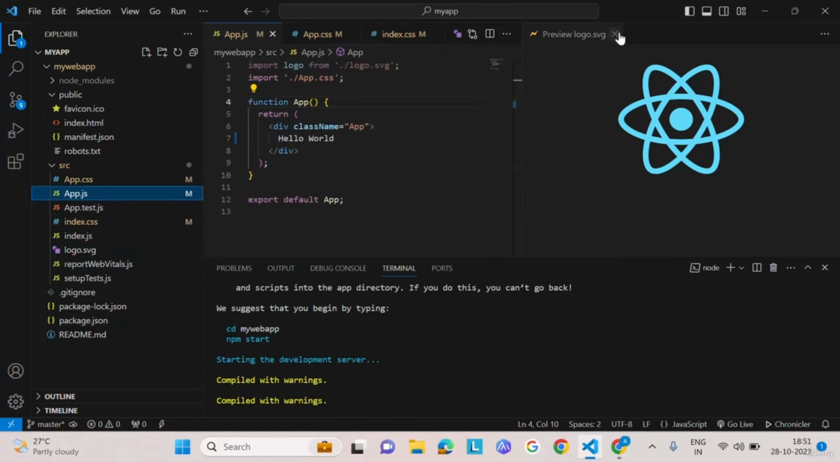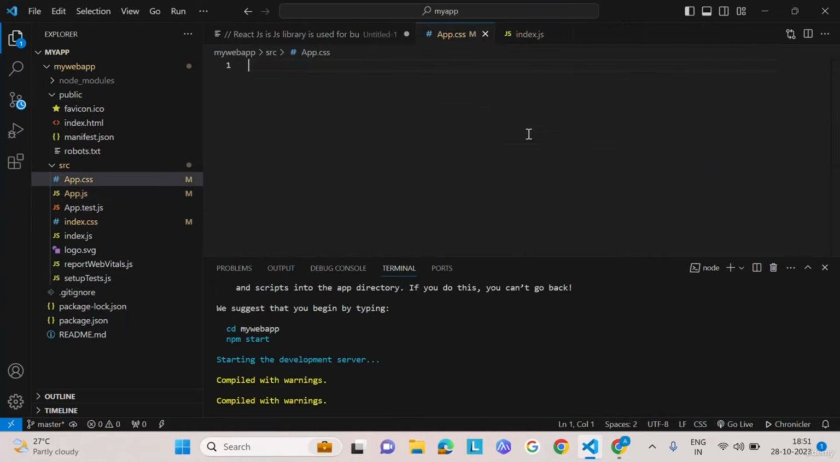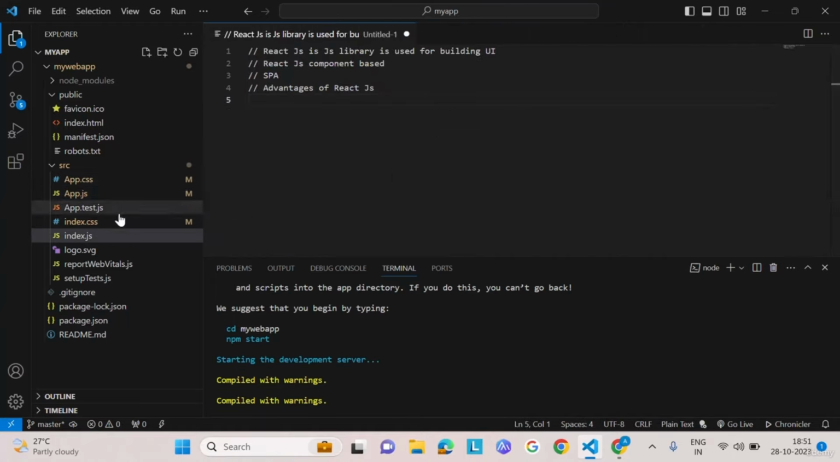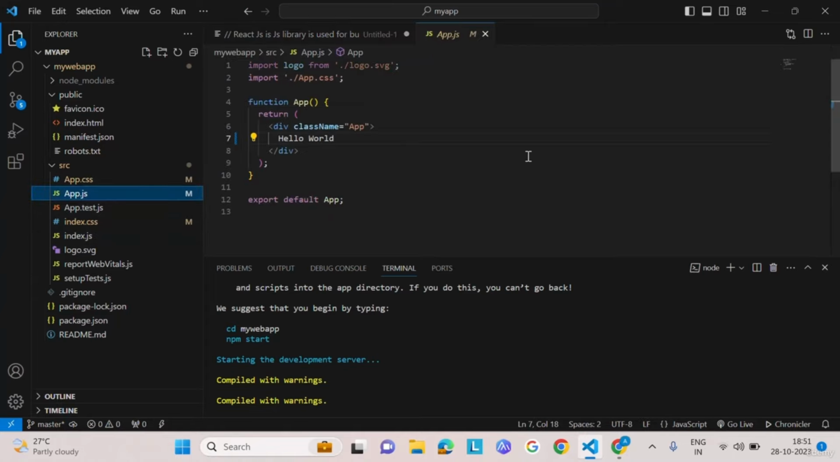So finally I have told everything about this installation and what it means. The main work of ours is related to app.js. We need to focus on the app.js file only. Since it is a functional component, as you can see, it returns this bracket, hello world. Now, how do we import the CSS? Import dot slash